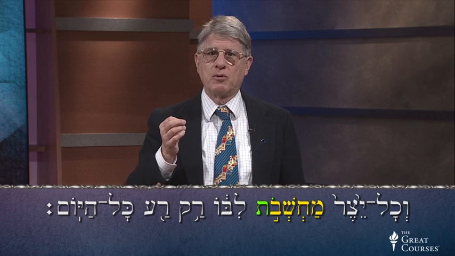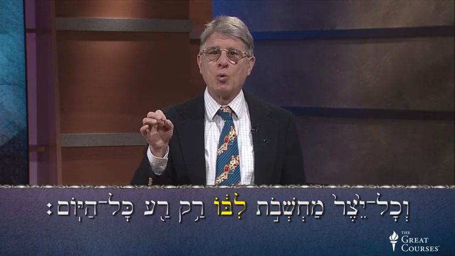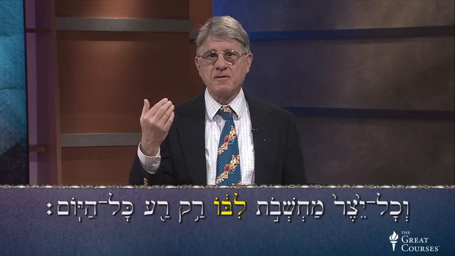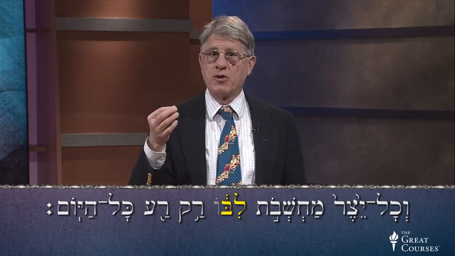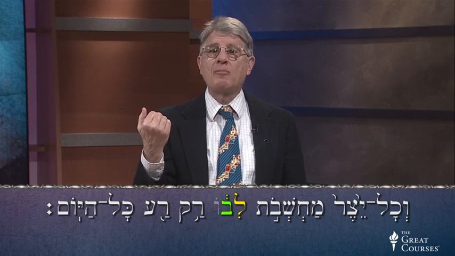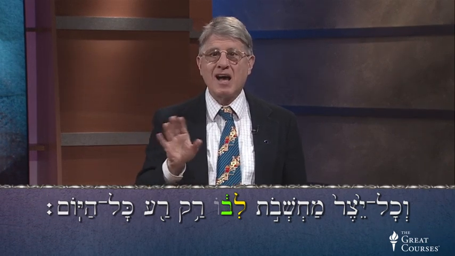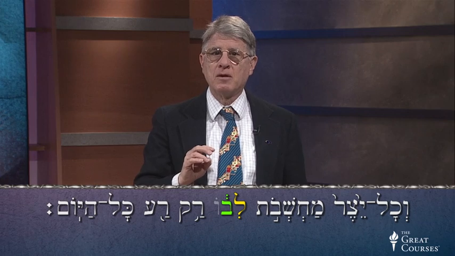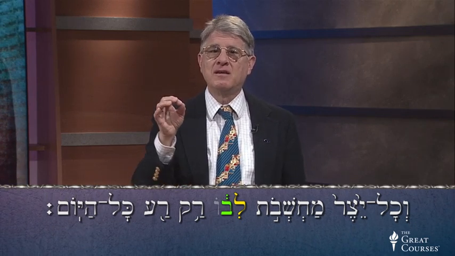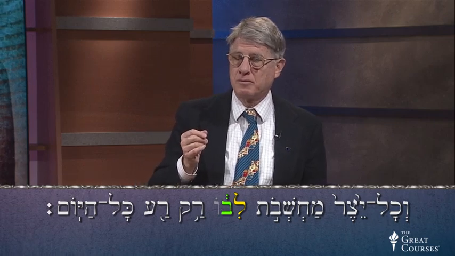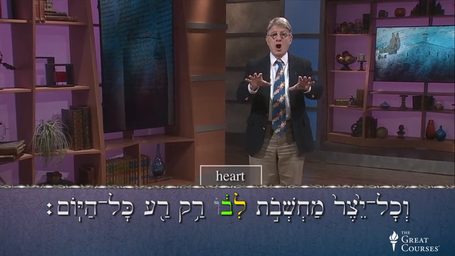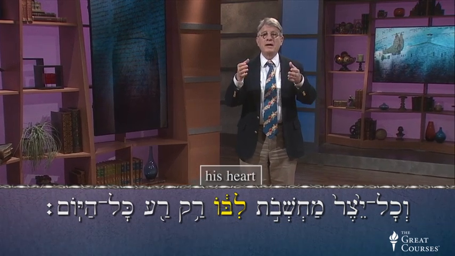Machshevot, an ot plural. Libo, his something. And once we take off the suffix o, this word ends with a bet with a dagesh, I expect that dagesh to drop off, since a double consonant cannot be the last thing in a Hebrew word. So I won't be surprised when the dictionary tells me this word ends in a V sound, not a B sound. And indeed it does. Lev, heart. Libo, his heart.